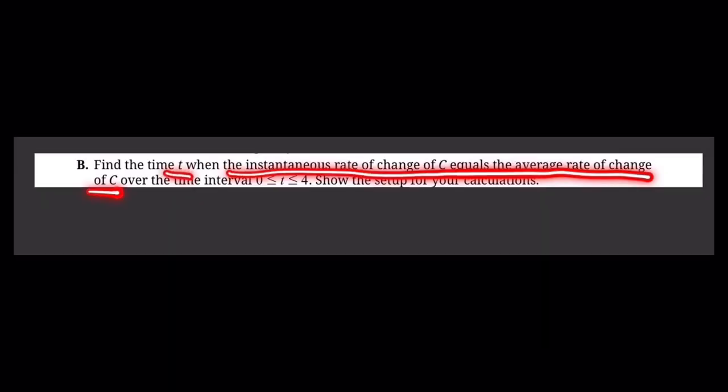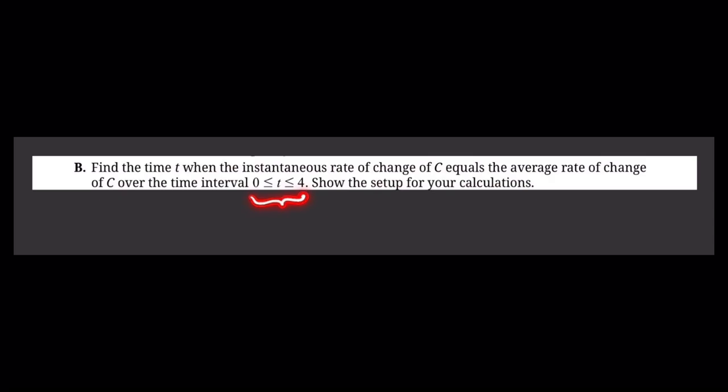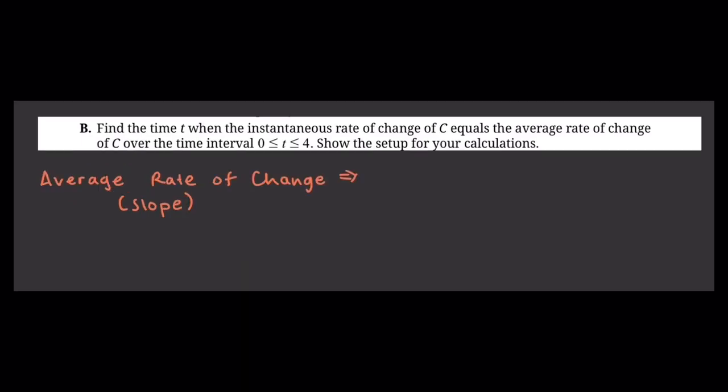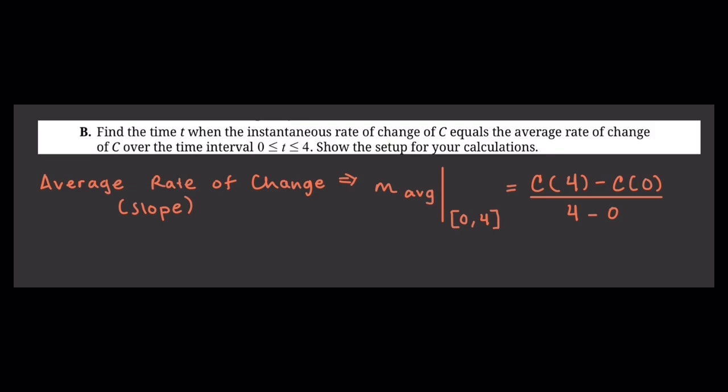Part B says, find the time t when the instantaneous rate of change of c equals the average rate of change of c over the time interval t bigger or equal to 0 but smaller or equal to 4, and show the setup for your calculations. The derivative c prime of t gives the instantaneous rate of change, which was initially already given to us, and we use the average rate of change formula c of 4 minus c of 0 over 4 minus 0